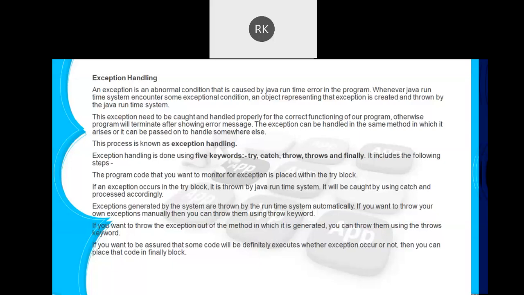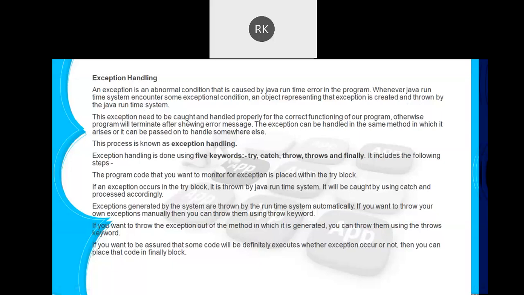For example, when converting hello into an integer, it will throw a NumberFormatException. How does it throw it? First of all, it will create the object of that exception by saying new NumberFormatException, because we know that using the new keyword we create the object. After creating the object, it is going to throw it. That exception is then thrown by the Java runtime system.